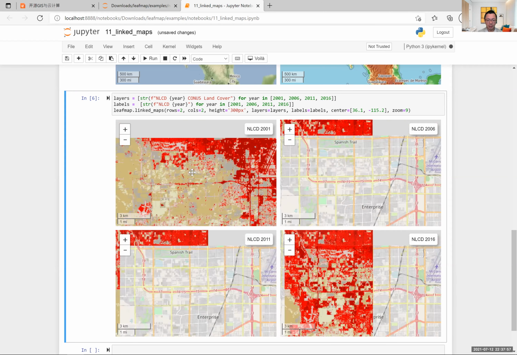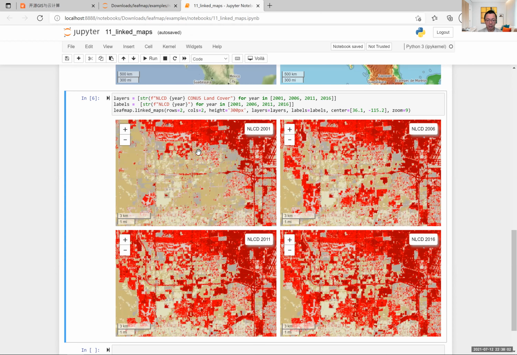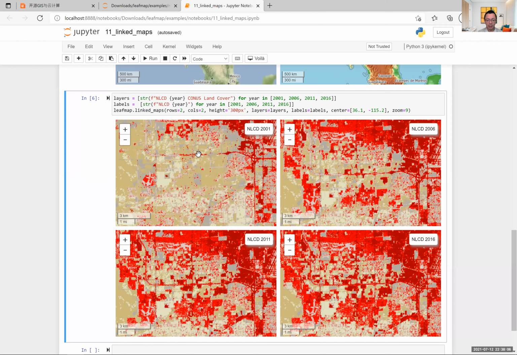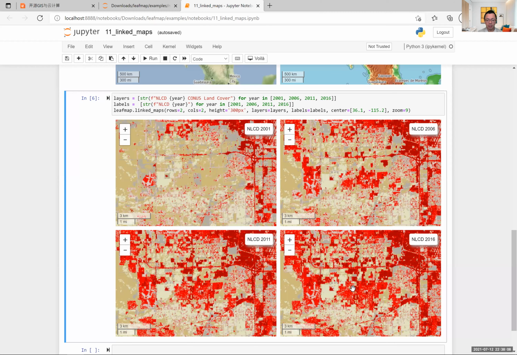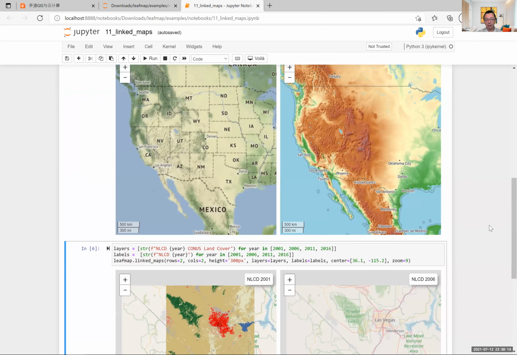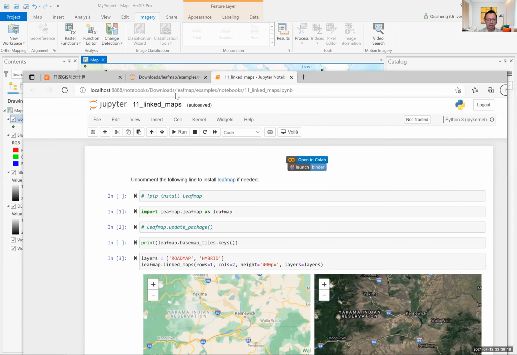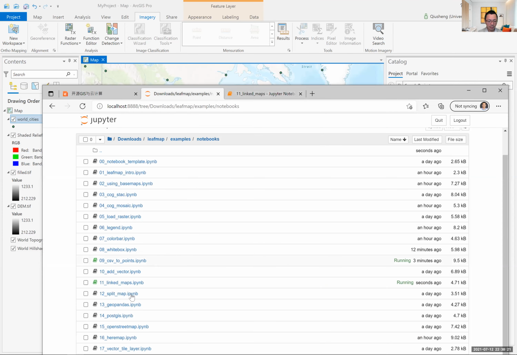For example, here, you can see the changes, more urban expansion, right? So in 2001, this is still a lot of agriculture, but now it has been converted to urban area, right? The red color represents urban area. So this is how you can easily create a map with multiple maps linked together. And the next one is about the split panel map. I think I already showed you this one previously,